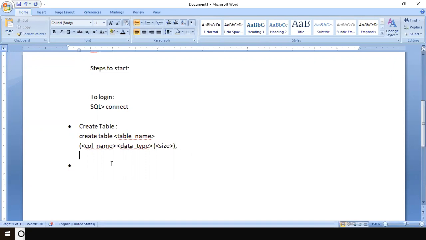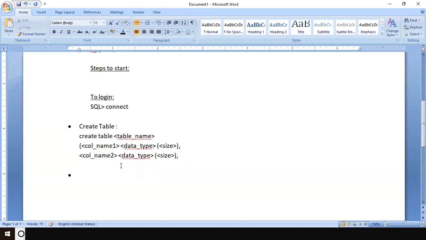The same thing will continue here. How many columns do you want in your table? For every column, you will specify the same. So I'll just write column name 1, column name 2, etc., and you will continue. I'll just give a dotted line. This round bracket will not be repeated, because you have already started it. The round bracket starts in the beginning and ends at the end, after you have specified all the columns.